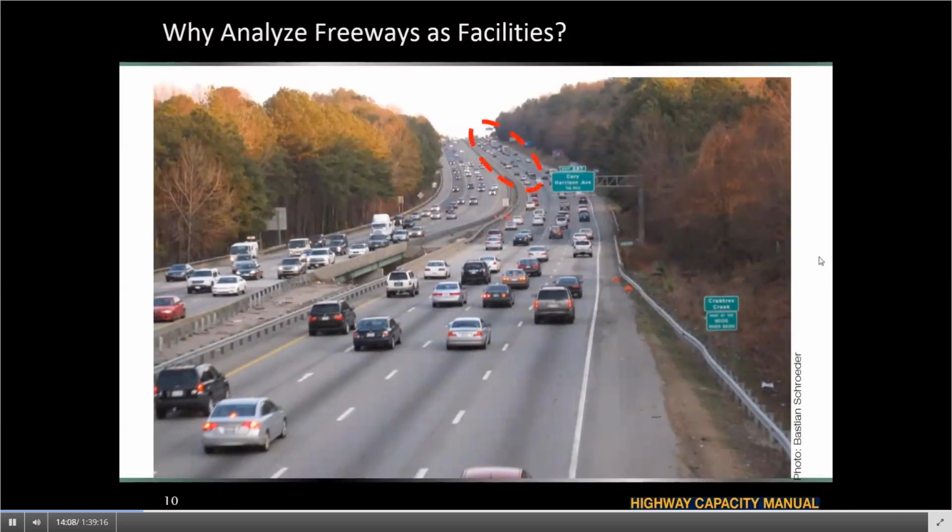However, if I had a video to play fast forward of what this particular segment looks like about 30 minutes after this photo was taken, the queue that's seen leaving segment that creates a lot of turbulence. In about 30 minutes, this particular segment would be continuously queued, showing significant congestion. The key here is that the segment does not fail because it itself is overcapacity, but the segment fails because of downstream congestion, an active bottleneck that then spills back over time into that particular segment.